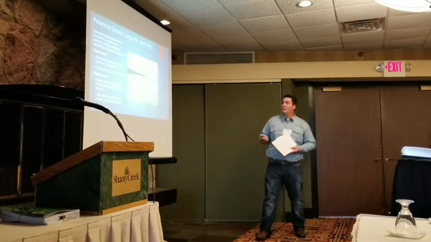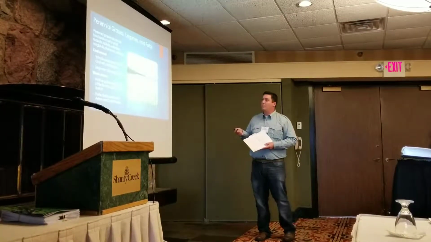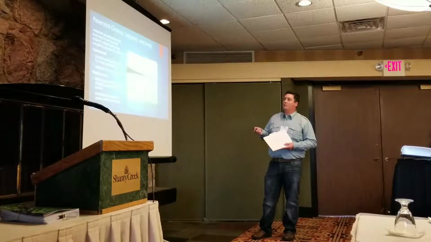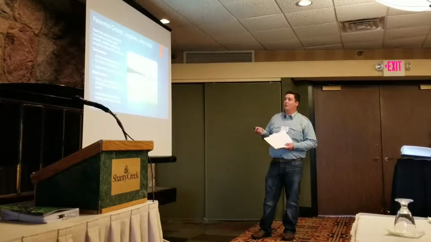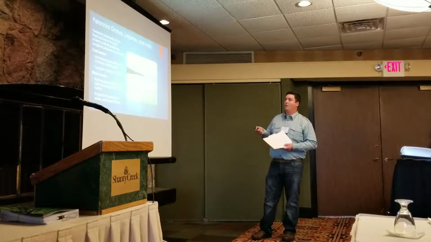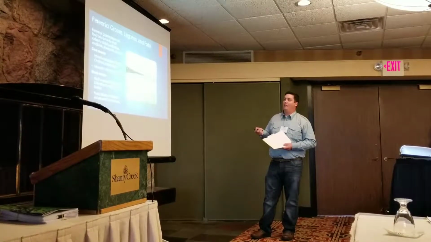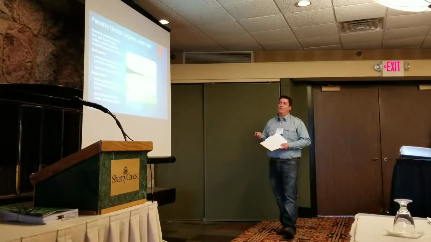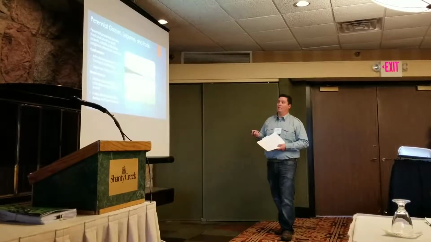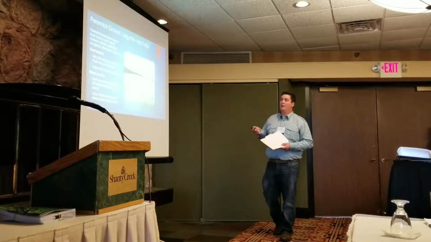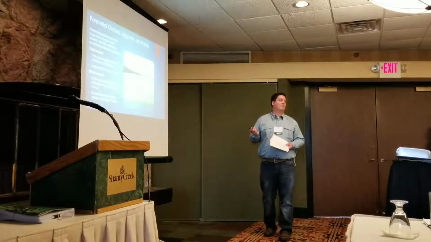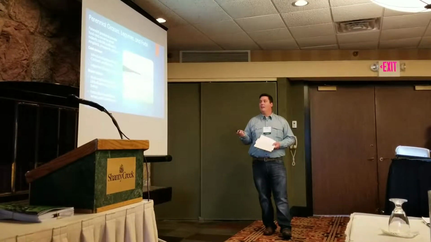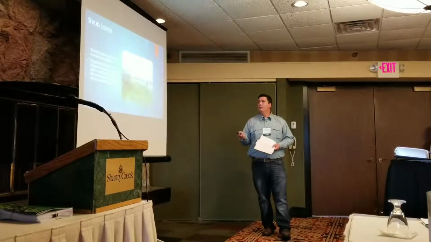On this field here, you can see it's getting pretty close to the end stage of the grasses, to where there's no more legumes. It's basically all grasses. And then after the grass, we're going to be looking more for woody vegetation. This is kind of an end stage of the grass. A lot of people look at this and go, wow, that's a great field. When we're talking species management, there's not a whole lot of diversity there. So that's not ideal for what we're looking for.